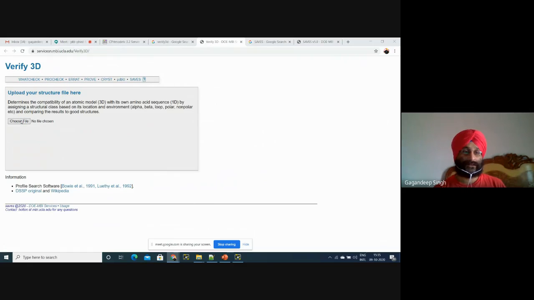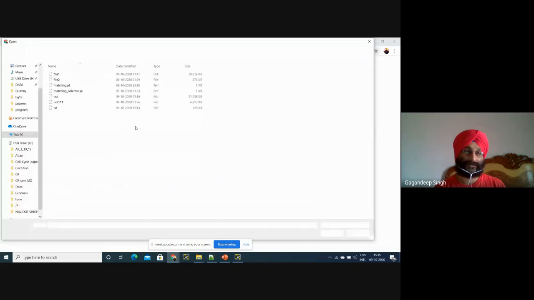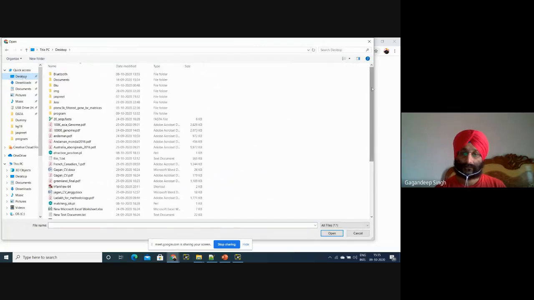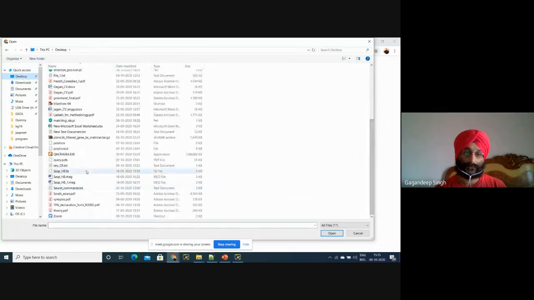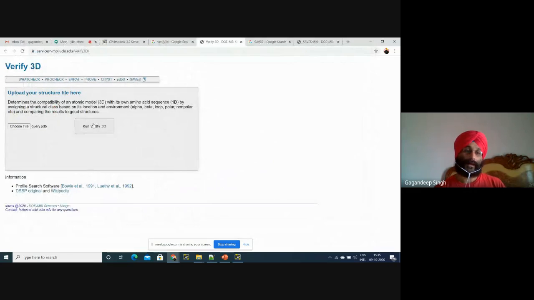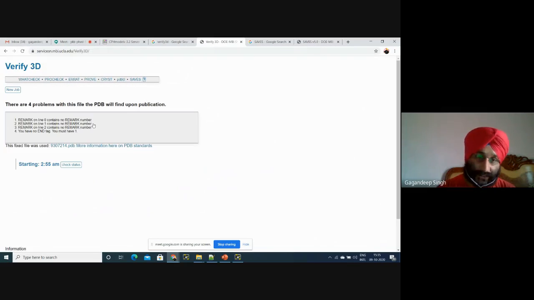How will we validate this structure? We'll choose our structure and run Verify 3D. Please do the same for your structures and then check the status.